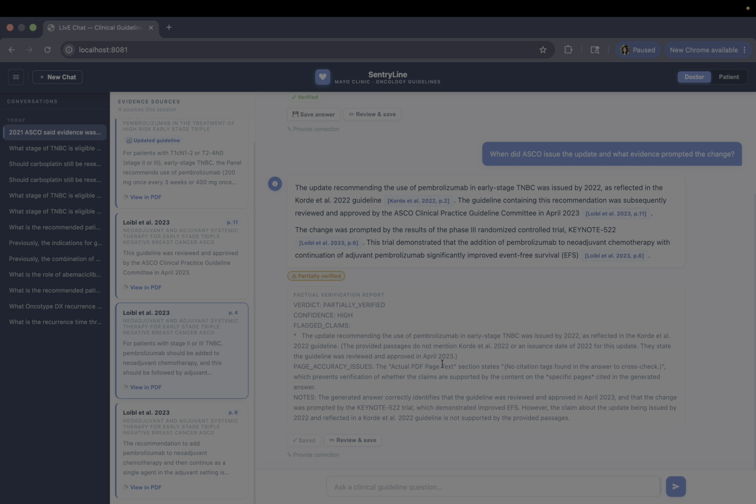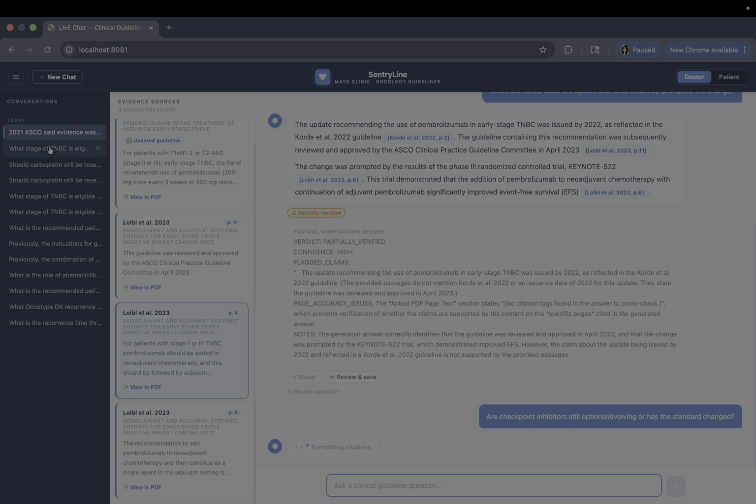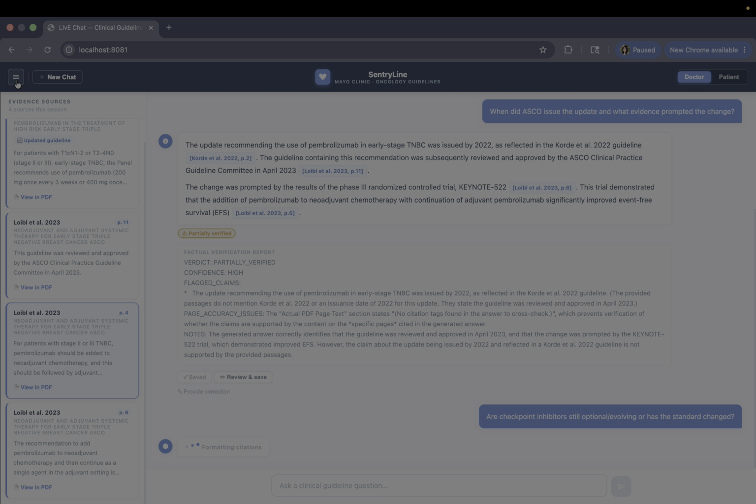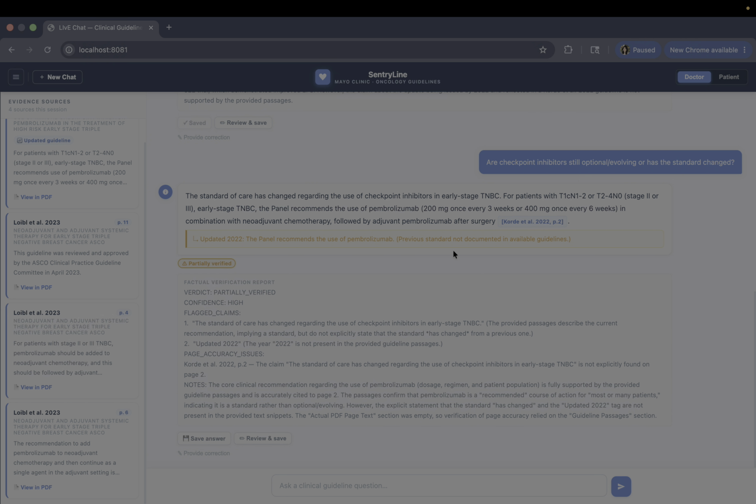We also have previous conversations saved in the conversation history on the left panel. See that there's a document outside our available guidelines corpus, and instead of hallucinating, it points out that the standard document is not provided in the available guidelines. So now the clinician can either use their own reasoning and verify this report, or they can edit and provide